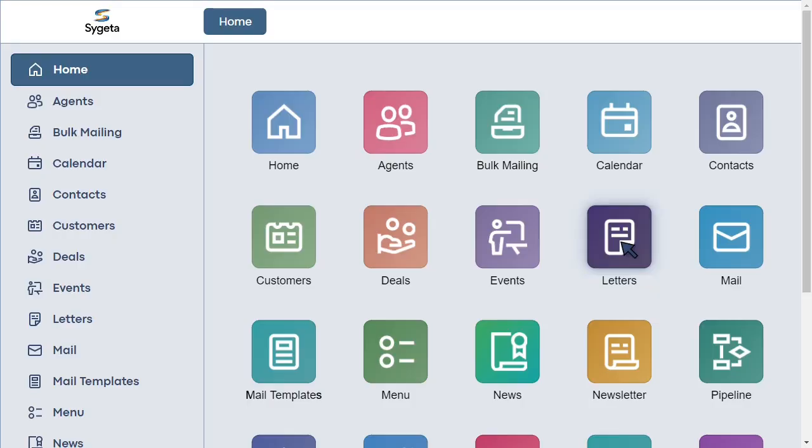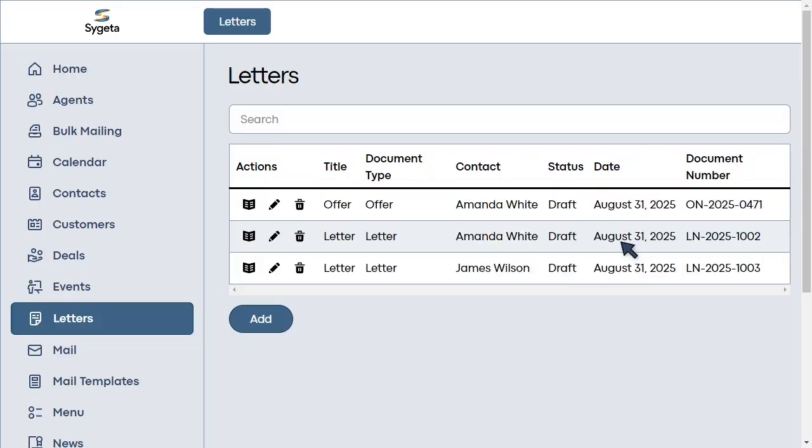After logging into Sygeta, you'll need to click on the letter symbol located on the home screen. Once you click the letter symbol, you'll see a comprehensive table displaying all the letters you have previously created. This overview serves as your central hub for letter management. From this table, you have three main actions available for each letter. You can delete letters you no longer need, edit existing letters to make updates or corrections, and view any letter